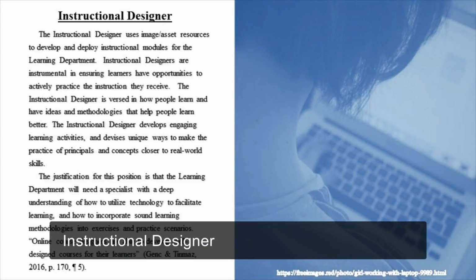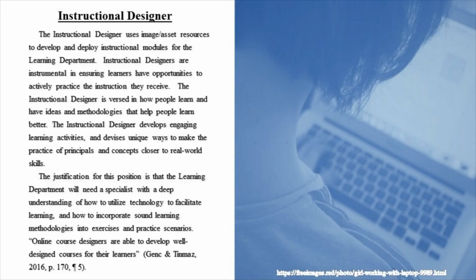The instructional designer uses image asset resources to develop and deploy instructional modules for the learning department. Instructional designers are instrumental in ensuring learners have opportunities to actively practice the instruction they receive. The instructional designer is versed in how people learn and has ideas and methodologies that help people learn better. The instructional designer develops engaging learning activities and devises unique ways to make the practice of principles and concepts closer